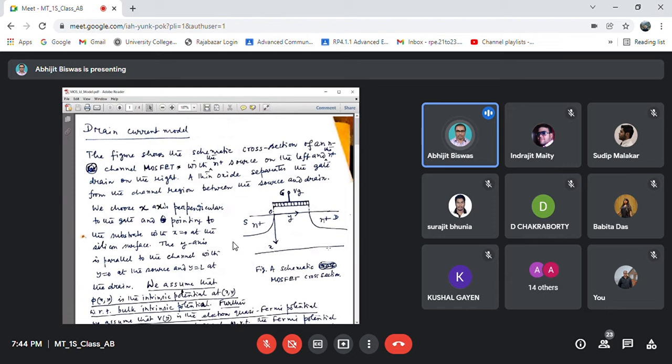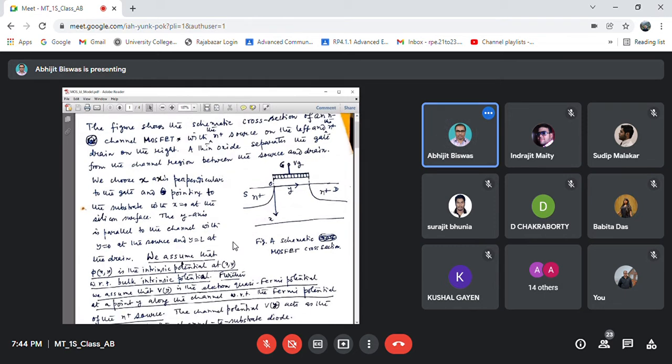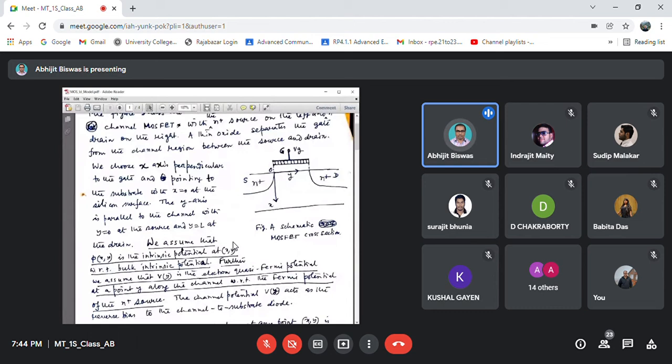And we consider this is the x-axis in the vertically downward direction, and y-axis along the interface from source to drain, and origin is the source channel junction. This is O. So this is the coordinate system. So now, if we assume that phi xy is the intrinsic potential at point xy,